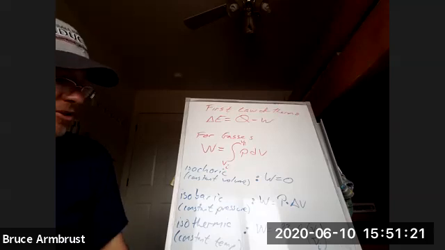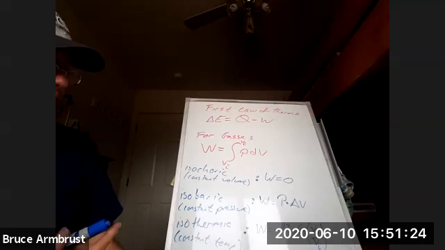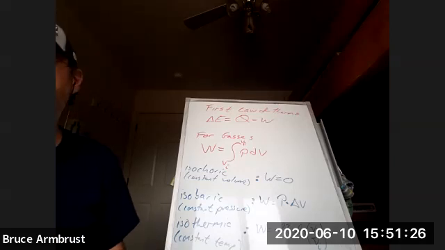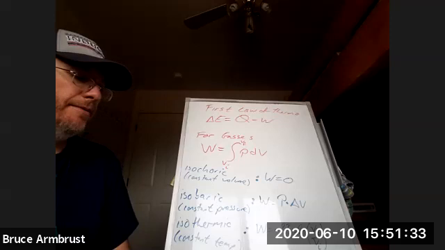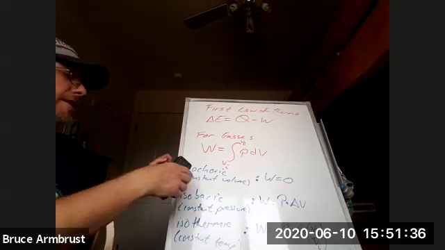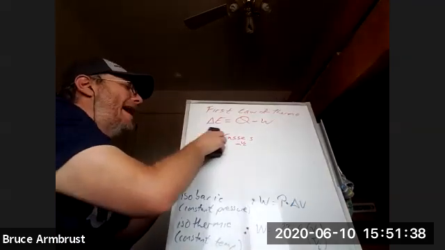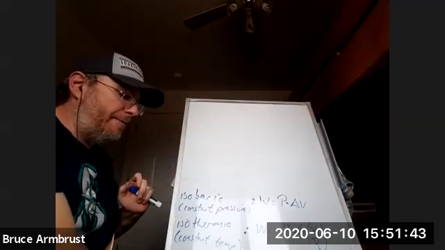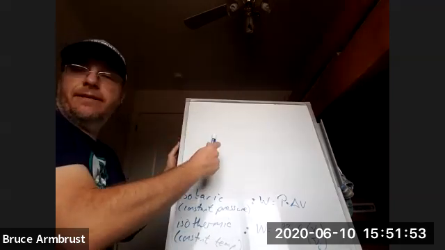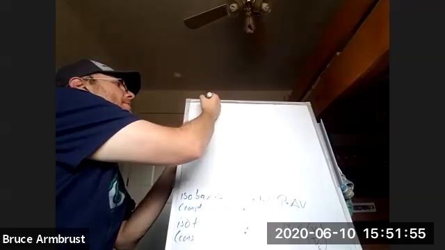All right, so that's where we were last time. But what I want to do today is I want to look at the heat capacity of gas. And specifically, we're going to start looking at this thing called gamma that we're going to need when it comes to adiabatic processes. And I'll remind you about that when we get there, but adiabatic, that just meant that there's no heat added, okay? But we'll get there in a minute. All right, so let's talk about specific heat, right, and heat capacity.